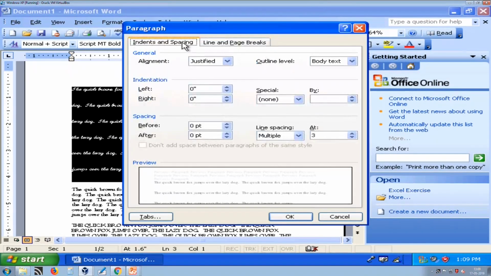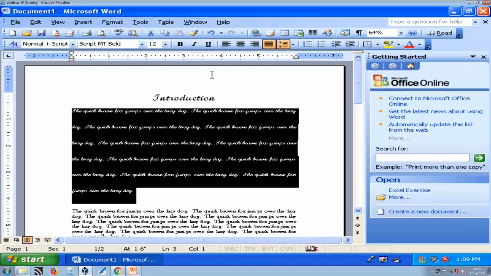Now we try to understand what is indent and spacing. Here you see on screen that alignment we have already used: left, center, right and justify. So this is indentation. This left area is called margin.